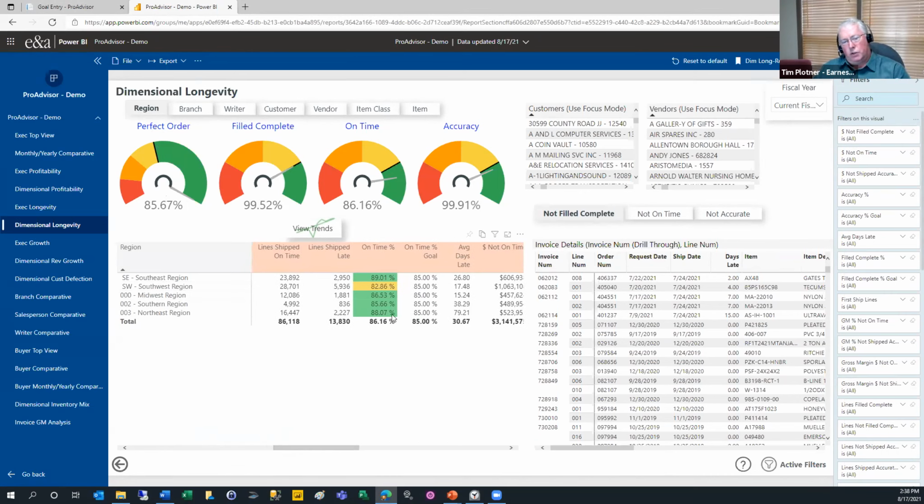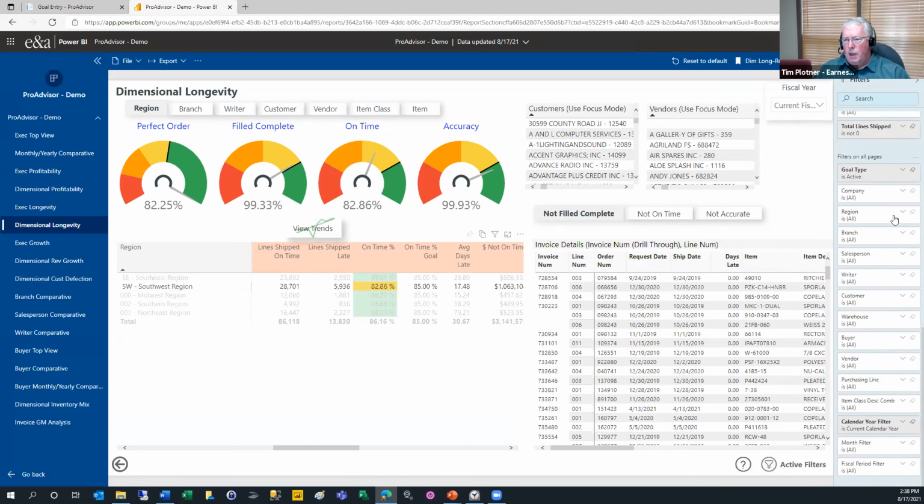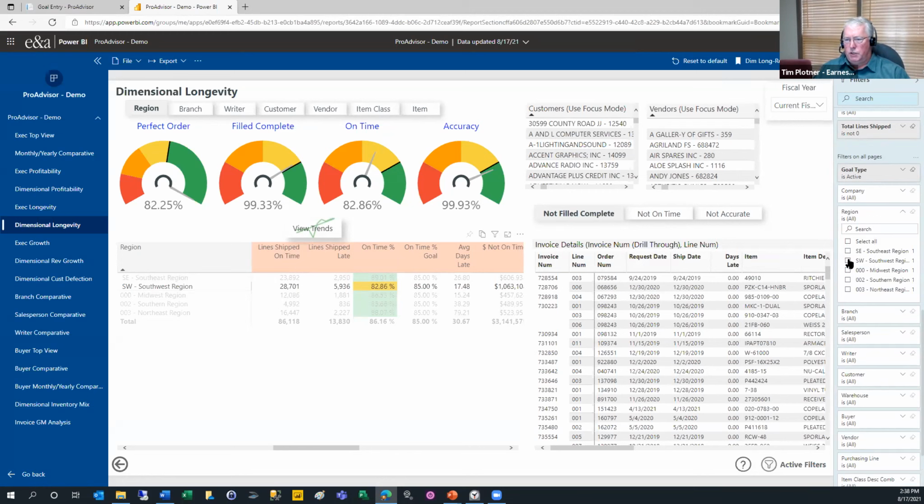And as I slide out here, I can see various pieces of information. And the yellow here, which is based on your goal settings, just jumps out at me: Southwest may be experiencing an issue with on-time delivery, and I want to find out more about this. So I can click on this, and it'll filter all the rest of the screen for you. So you're seeing all the customers, all of the invoices, all the vendors, but I want to combine that with, say, item class. So instead, I'll come over here, and using the filter on all pages, I'm going to filter to the Southwest region,